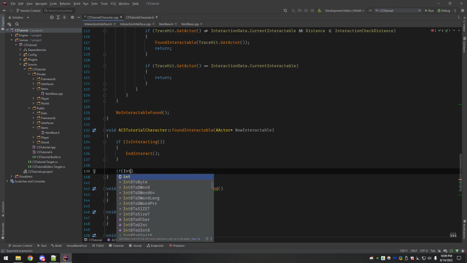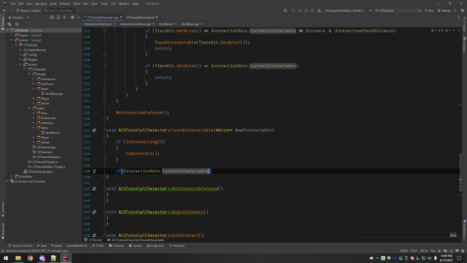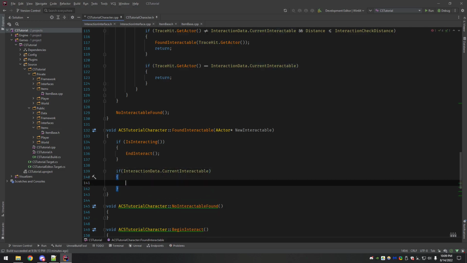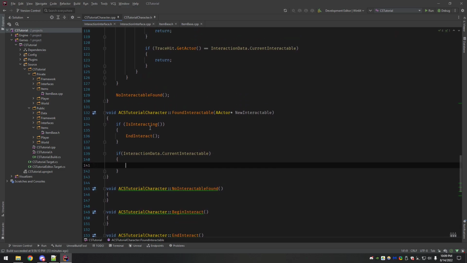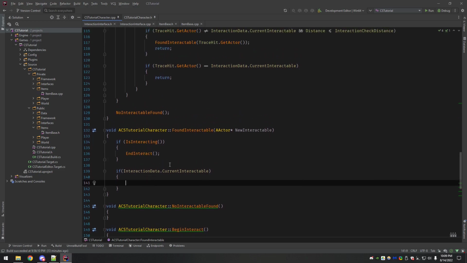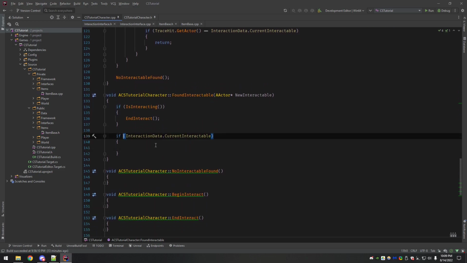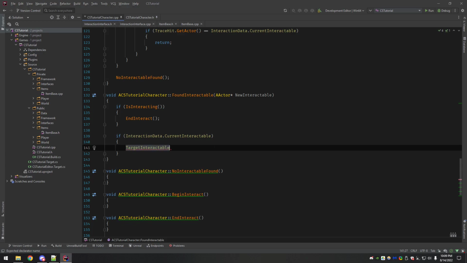Next, we want to say interaction data, our current interactable, if there is one. The very first time, or when we implement no interactable found, I think we null this guy out. But for right now, this is implying there is one already. If we have one, we need to set our target interactable to our current one.